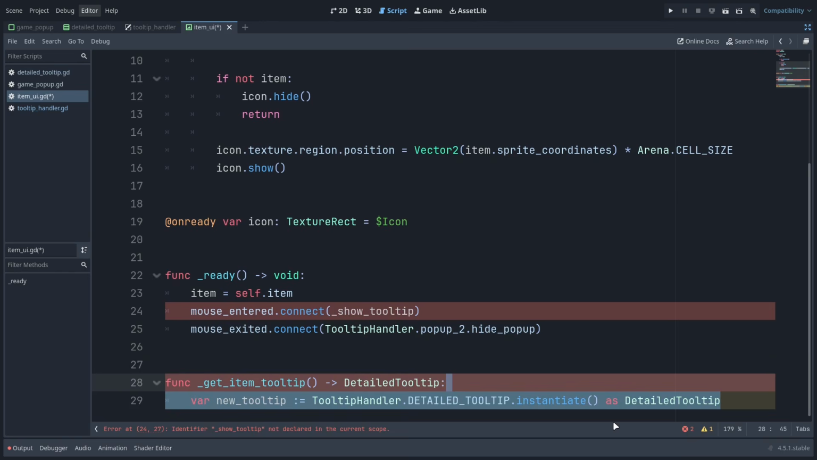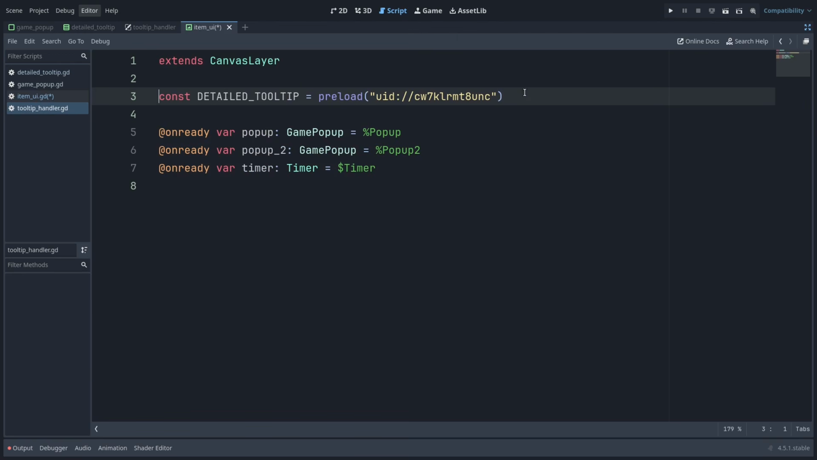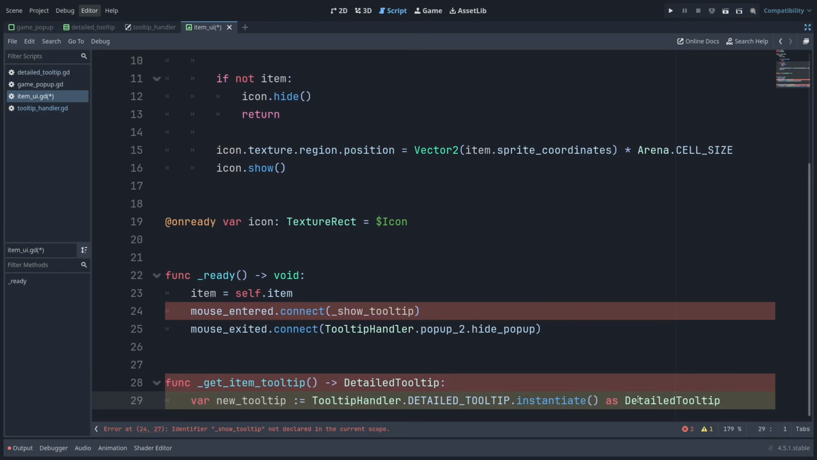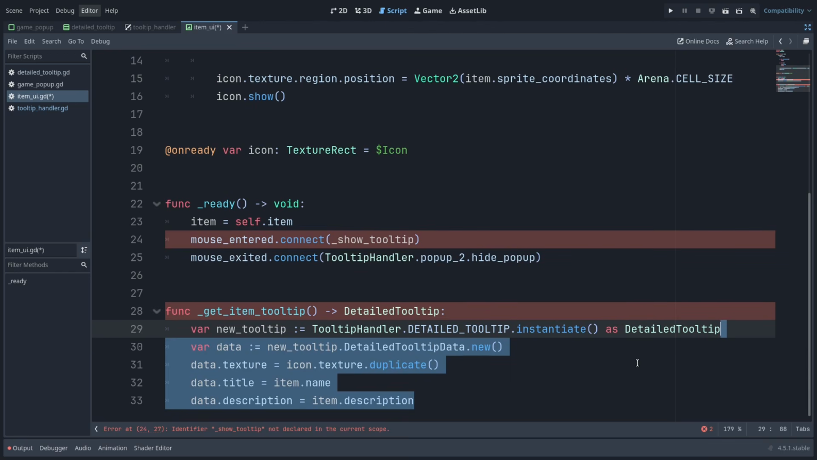So what we need to do here, first of all, is we'll instantiate a new detailed tooltip. For this, we use the constant that is found inside our auto-loaded class. Remember, if we press and hold Ctrl and click on it, we have this constant preloaded here, so we can instantiate these whenever we need it. So we'll instantiate one and typecast it to a detailed tooltip, so we have access to all auto completion. And before we actually add it to the scene tree, we need to provide the data for it, if you remember. So what we do is we use new tooltip, which is the instance we created. And since we have the inner class, we can do new